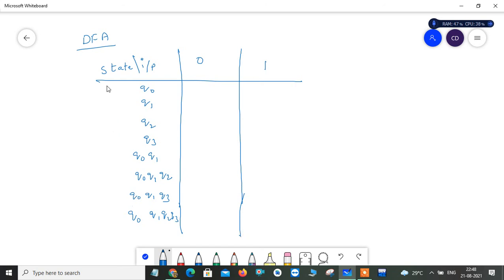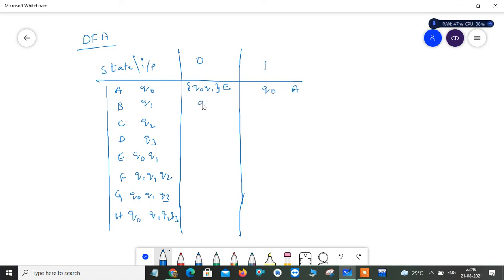I am renaming all these with alphabets because we have to construct a state diagram. With that renaming, suppose for example I take Q0 as A, and then B, C, D, and these new states as E, F, G and H. So these are different states. Q0 Q1 is nothing but your E, and Q0 is A, we just renamed.